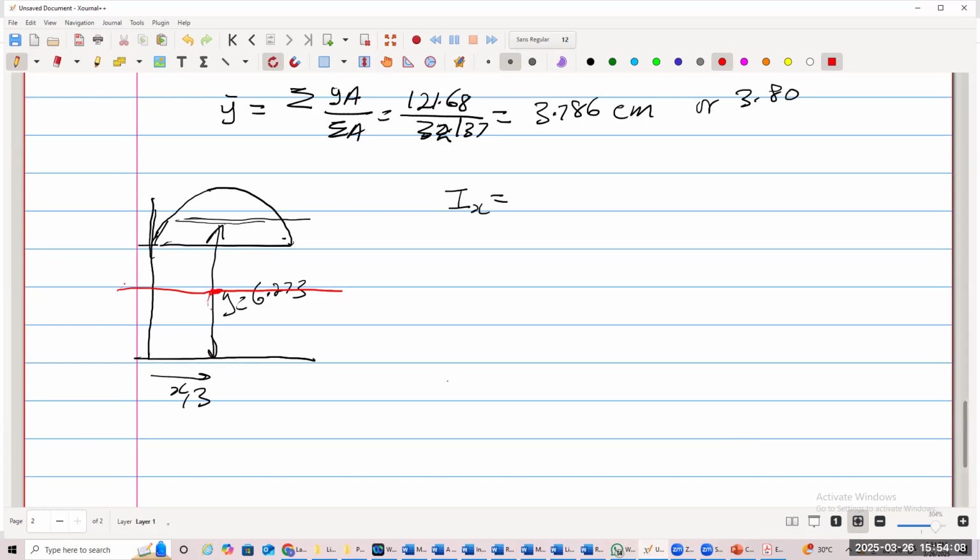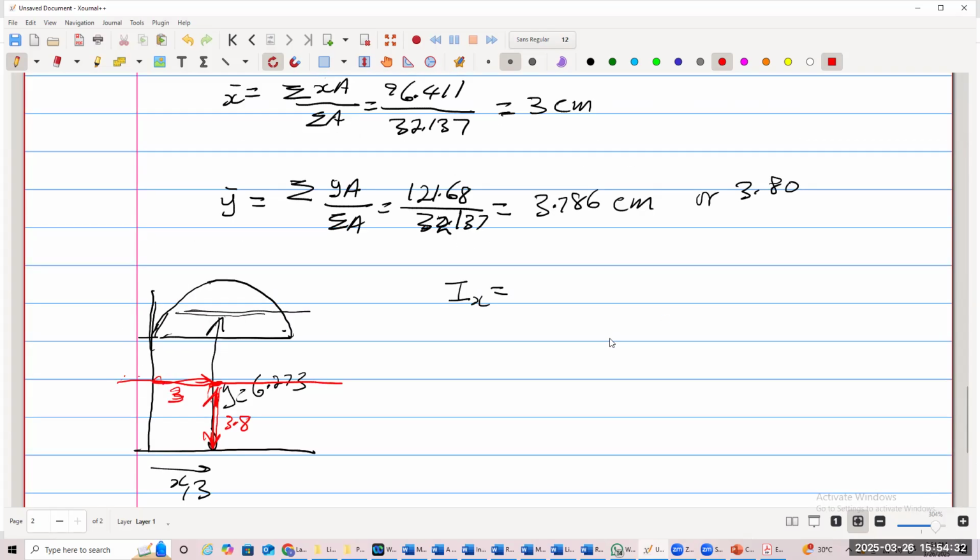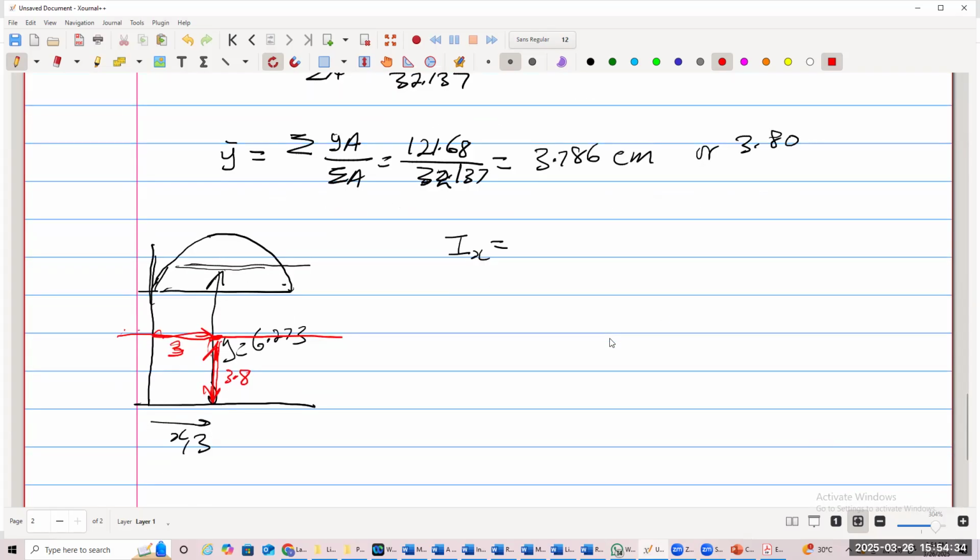So it's actually in the center. So this is 3, while the y distance coming down was 3.8 approximately. Alright, so that y distance is that. This is 3 plus here, which is really a given. Alright, we just confirm. So they say you must find now for the semicircle your I for the figure